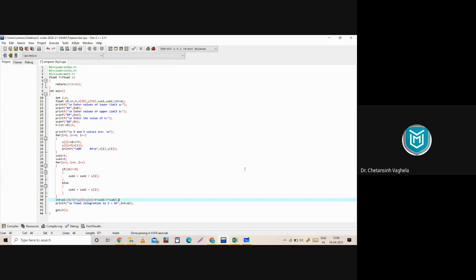Then you run the Simpson 1/3 program and try to match the output. And then after, you need to convert Simpson 1/3 into Simpson 3/8. Right? Converting Simpson 1/3 into Simpson 3/8 is very easy. Only one change you have to make. That's it. And once all three programs are done, our today's practical is over. So you need to complete these three programs today: trapezoidal, Simpson 1/3, and Simpson 3/8 with output.